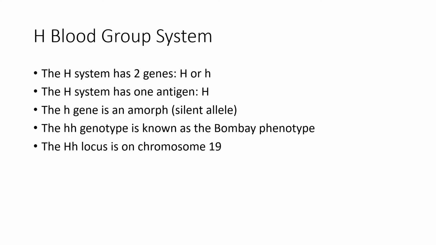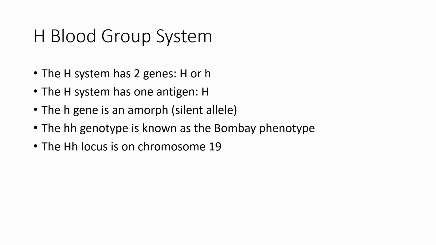The H blood group antigen is required for the ABO blood group antigens to be created. The H blood group system has two genes, capital H and lowercase h. The system has just one antigen represented by a capital H. The lowercase h gene is an amorph and does not create a gene product. A person homozygous for the amorph gene, lowercase h,